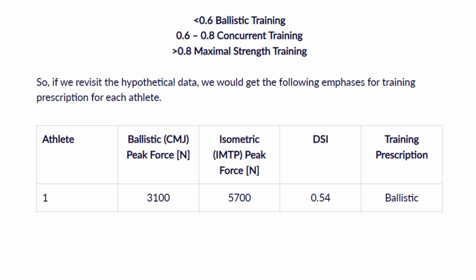As we talked about, athlete number 1 is a very strong individual, creating almost 6,000 newtons of force on the isometric mid-thigh pull. Despite all that strength capacity, that doesn't all seem to be transferring across to a ballistic dynamic type movement, such as a counter movement jump. They have a relatively low DSI. Again, if we are thinking about this as a percentage, perhaps they're only utilizing 54% of that strength when moving